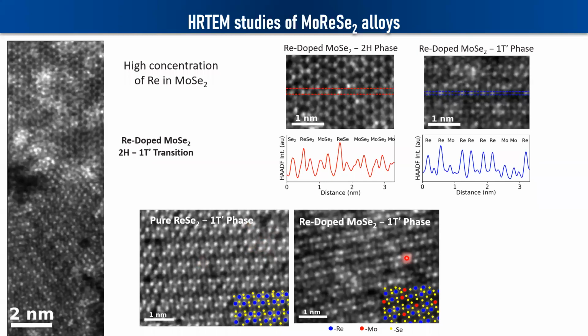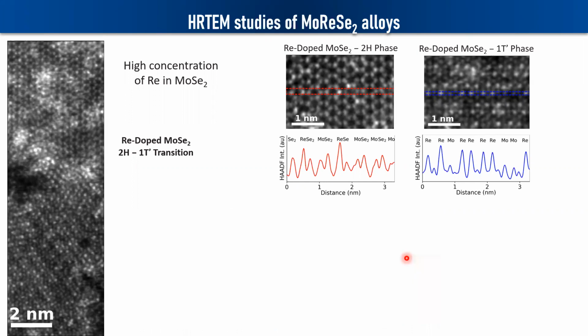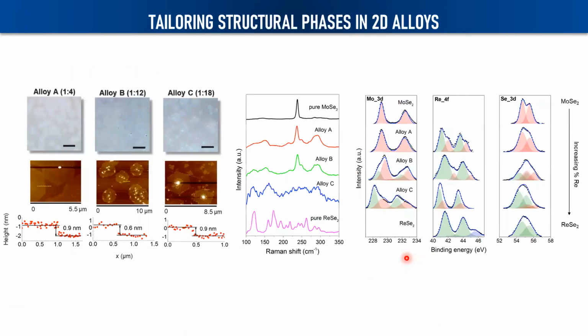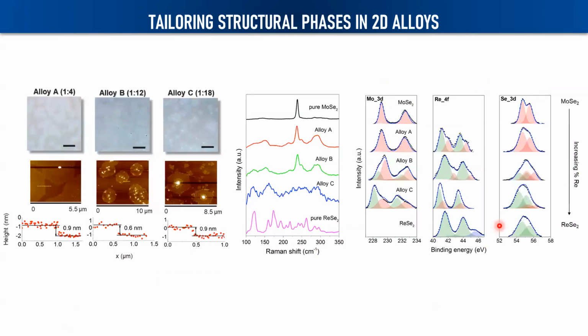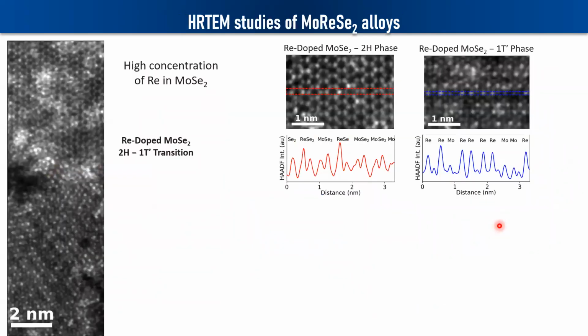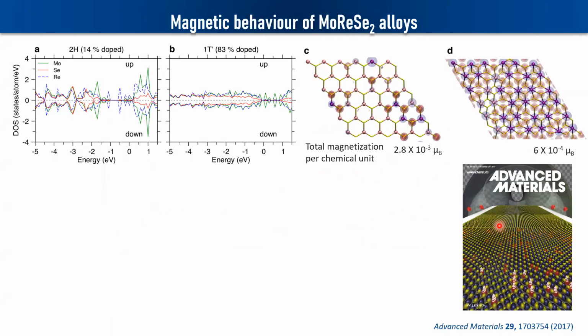Now, another interesting aspect of having rhenium doping was, if you see the earlier diagram, the rhenium has one additional electron, and this is now unpaired. So the question we asked was, can this give rise to any interesting magnetic behavior? We had done some theoretical calculations. These are quantum molecular dynamics calculations,